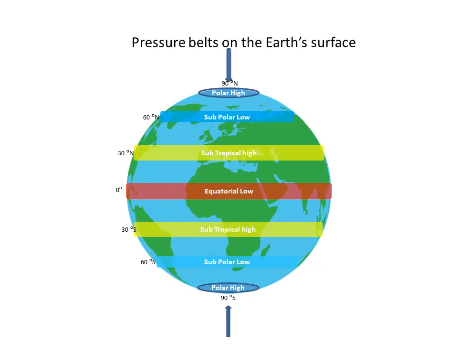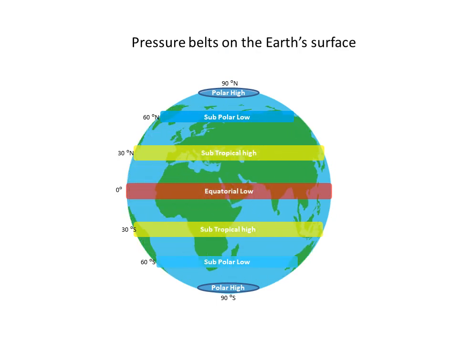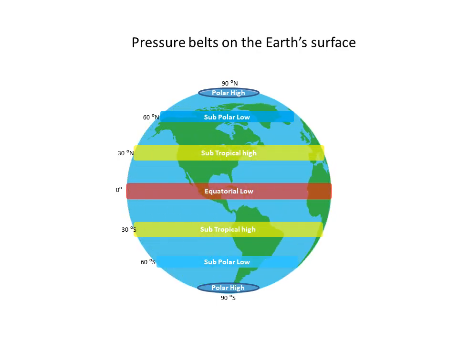There is a pattern of alternate high and low pressure belts over the Earth. This is due to the spherical shape of the Earth, as different parts of the Earth are heated unequally. Let us understand the basic concepts behind the development of pressure belts, but at present we will not take into consideration the tilt of the axis and the influence of land and water distribution.